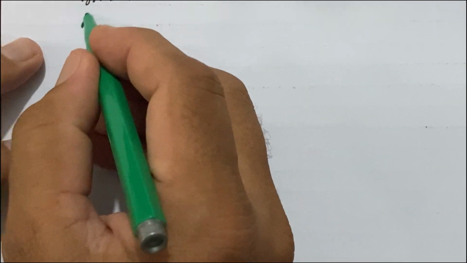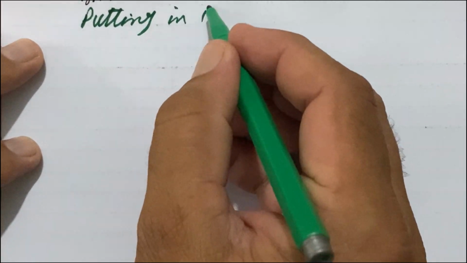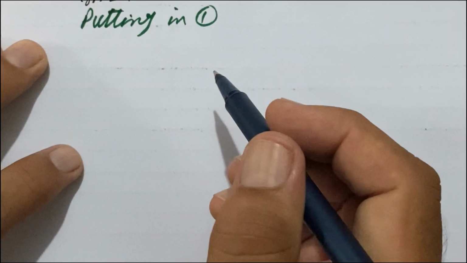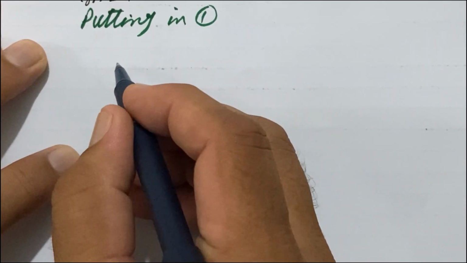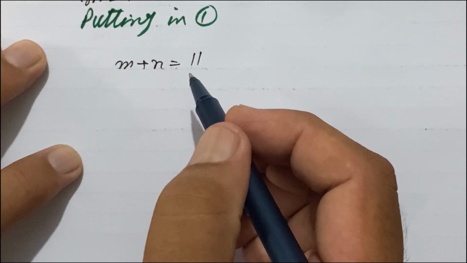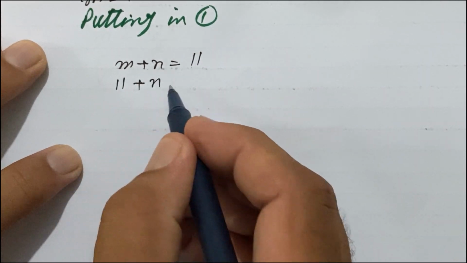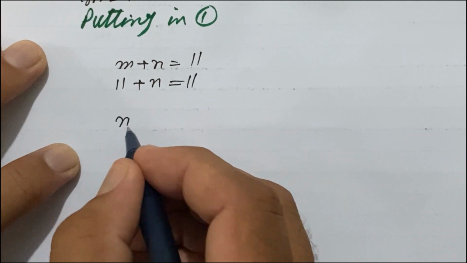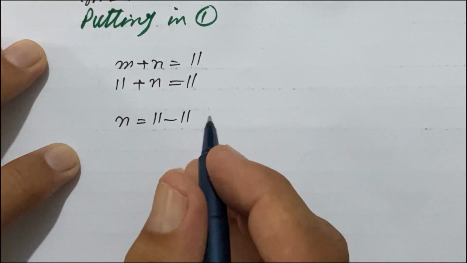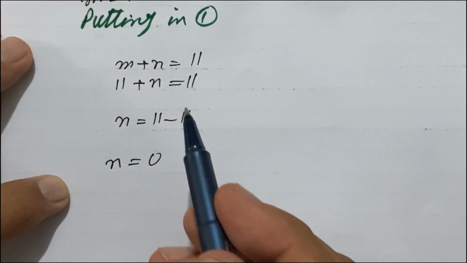Now putting in 1, m plus n is equal to 11. M is equal to 11, so 11 plus n is equal to 11, n is equal to 11 minus 11. N is equal to 0. This is our